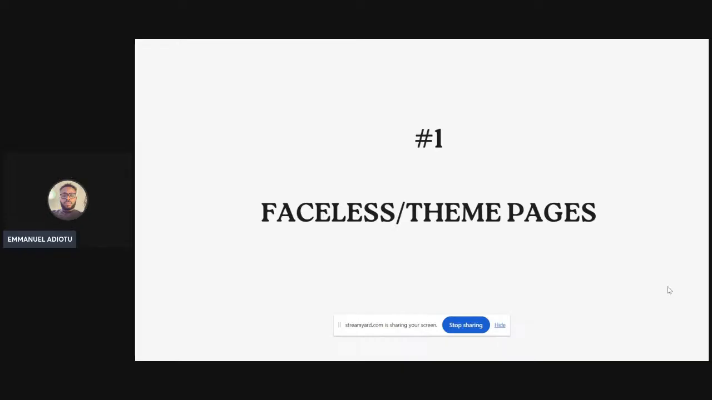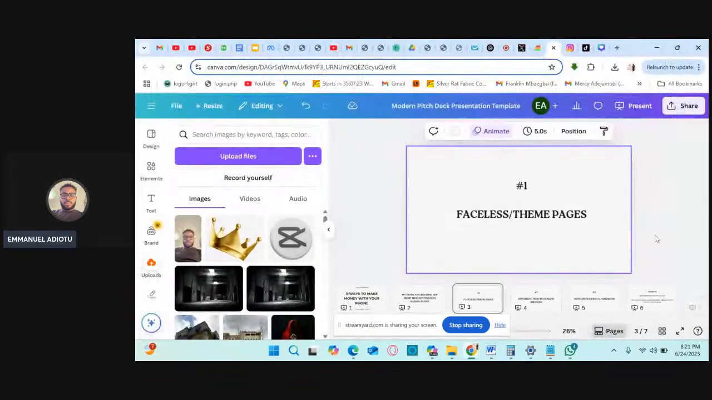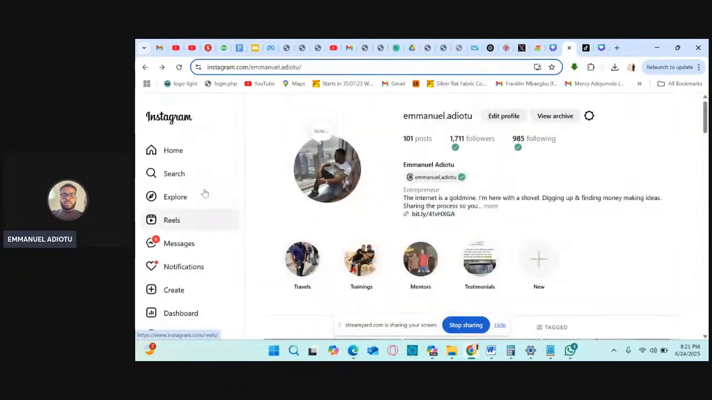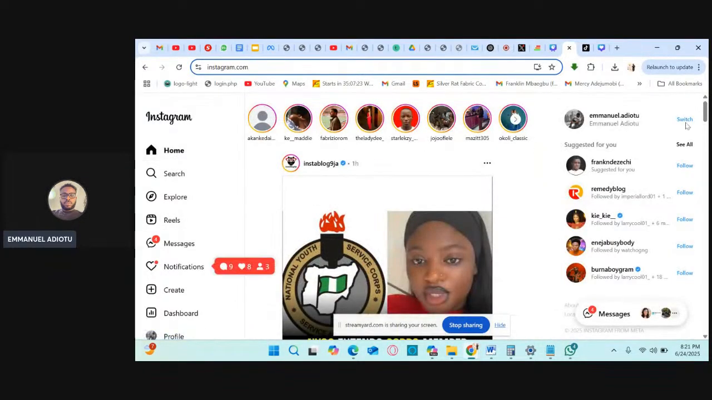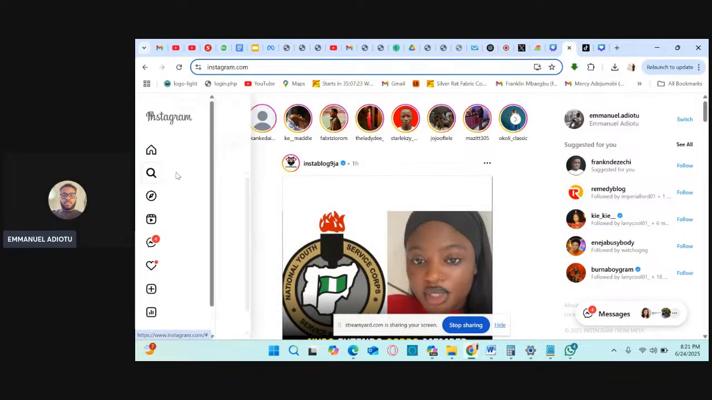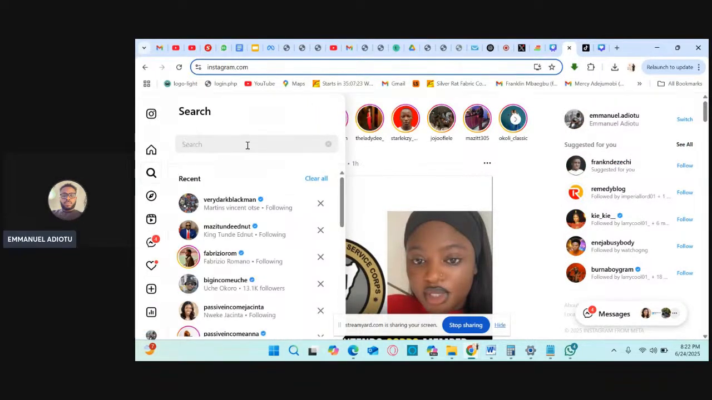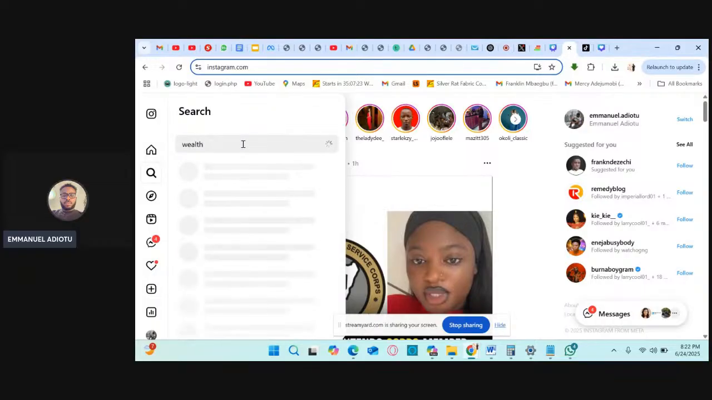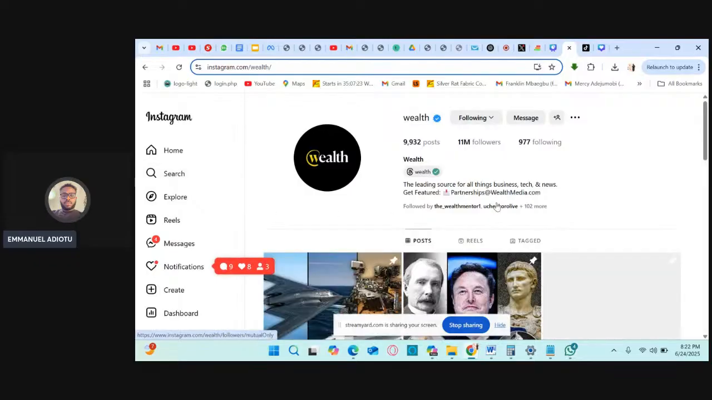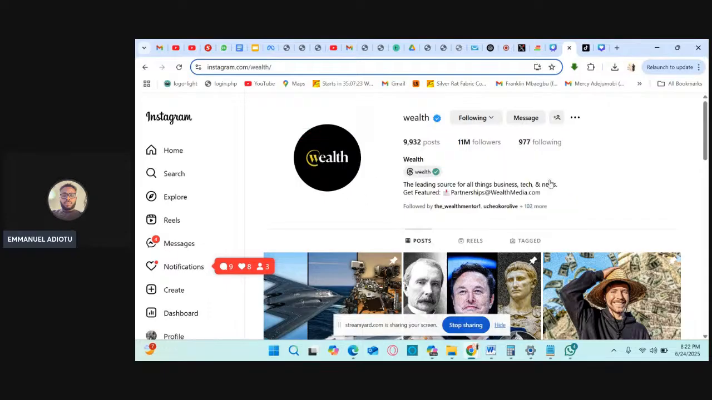Now, let's do a quick check on Instagram, and let me show you what a faceless page looks like. So for a faceless page, let me just do a very quick search. Funny how I should have just logged in with my second account. Now, if you can see my screen, this particular page